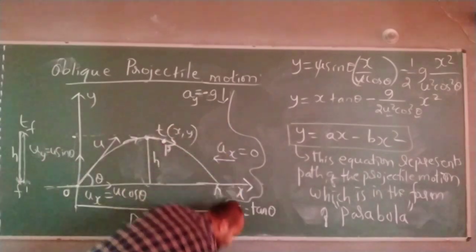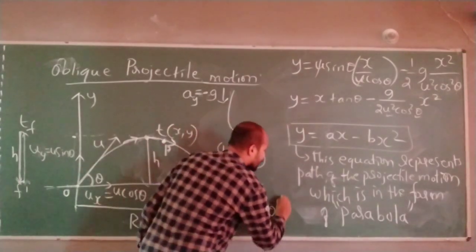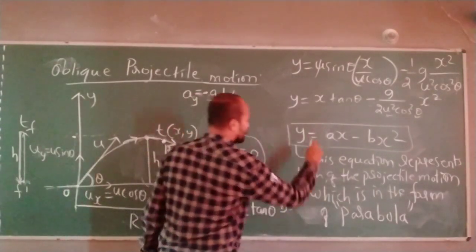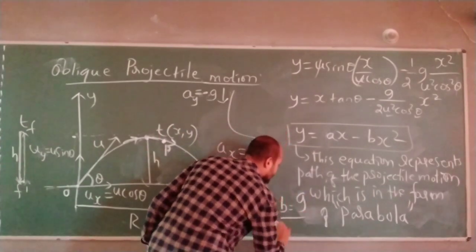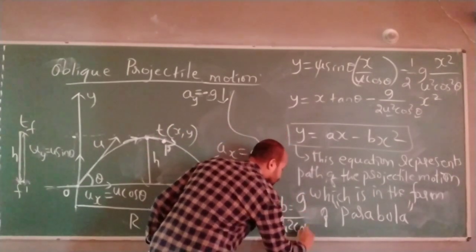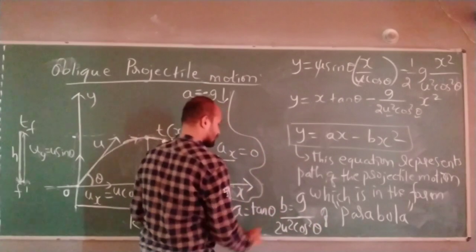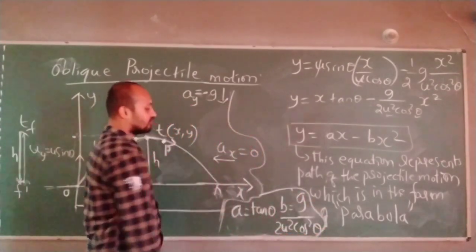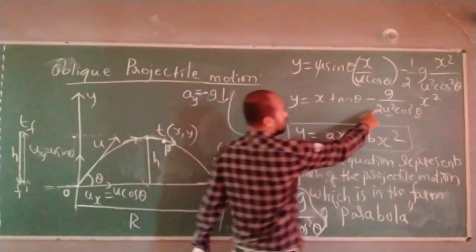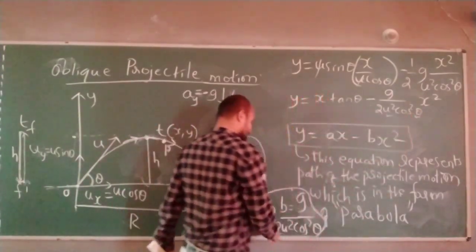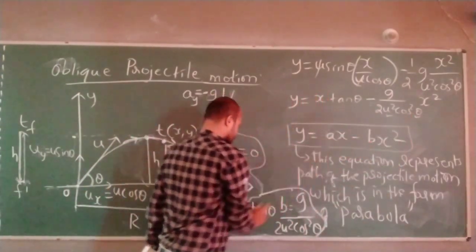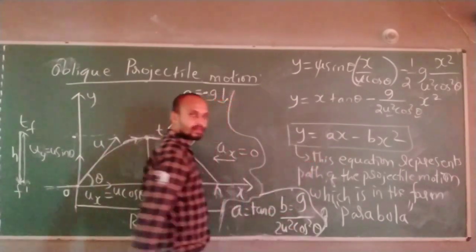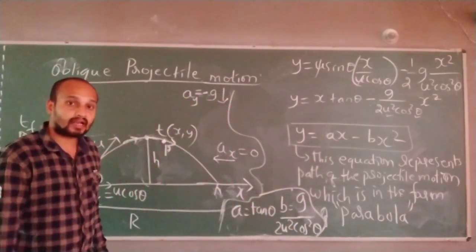Tan theta, and b is equal to, what is that? g divided by 2u square cos square theta. Are you understanding? These are the values of a and b. What I am trying to tell you is,